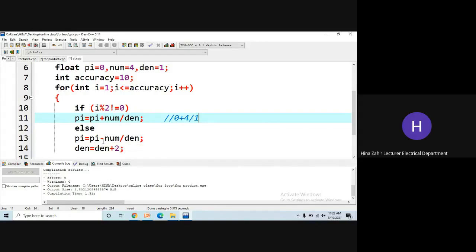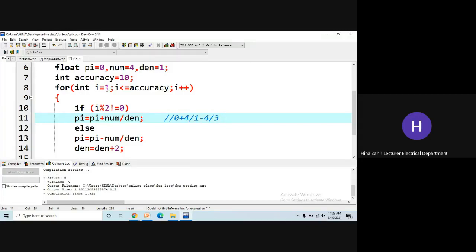And when else is executed, it is just exactly like the previous one. The only difference is with the sign. So here you are going to say pi is equal to pi minus numerator by denominator. Now this is the value of pi, stored in pi. So what is happening? It will minus numerator. So what is numerator? 4. And now what is the value of denominator? 3. Okay.